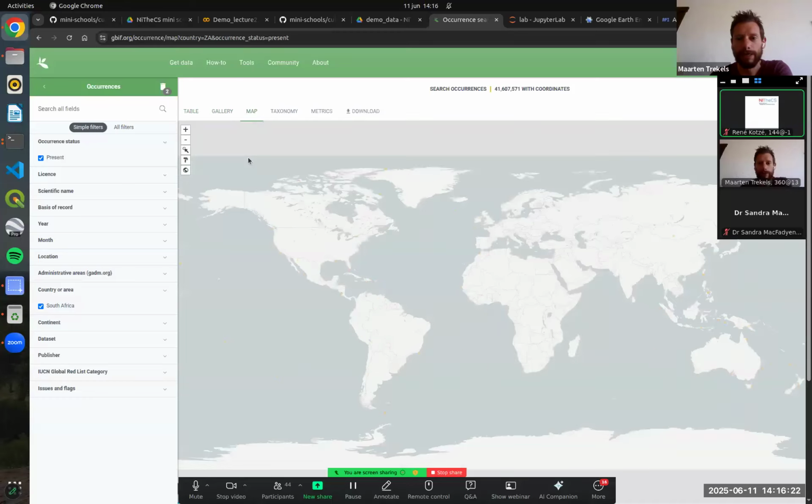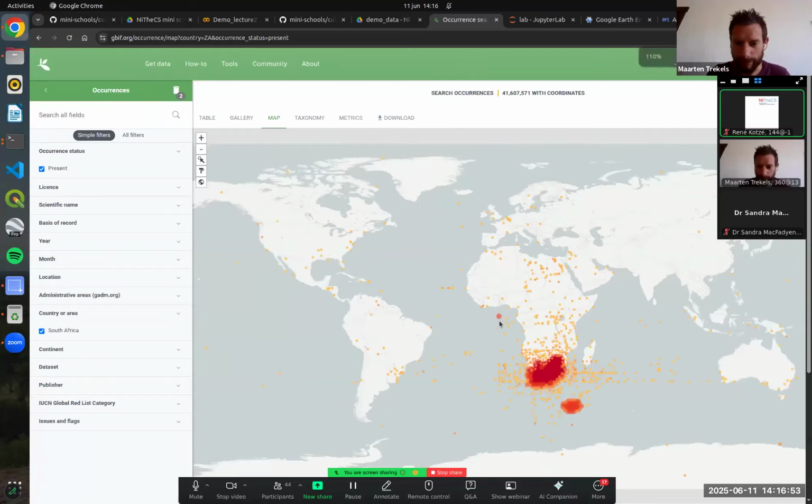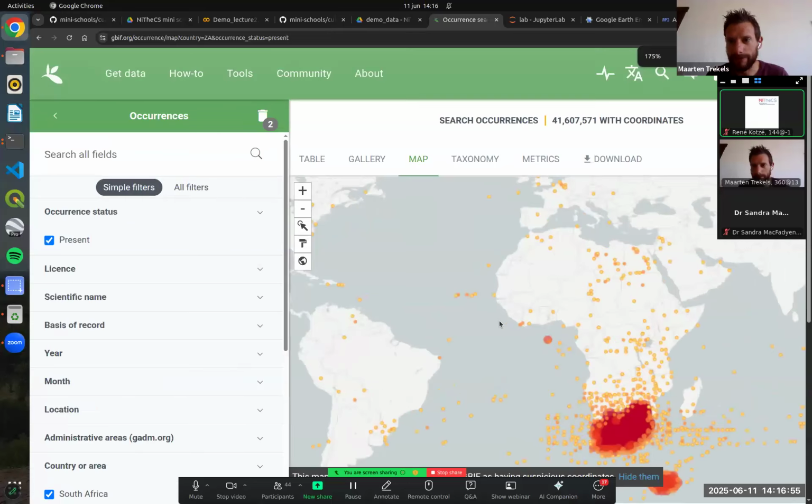You could also visualize them on a map, and you see that there are still quite some errors on this. And this is something you have to take into account when you are looking at GBIF data, that data cleaning is, in principle, still an essential step in the whole process. One of the big biases that you can, for example, see and that you have to really take into account is that at this point here in the center of the image, and maybe I should make my screen a bit bigger to make it clearer,